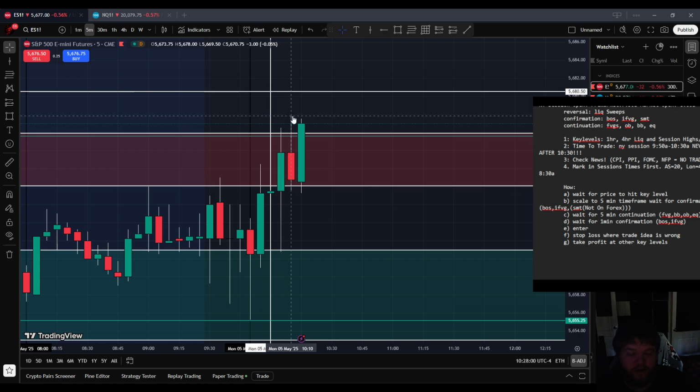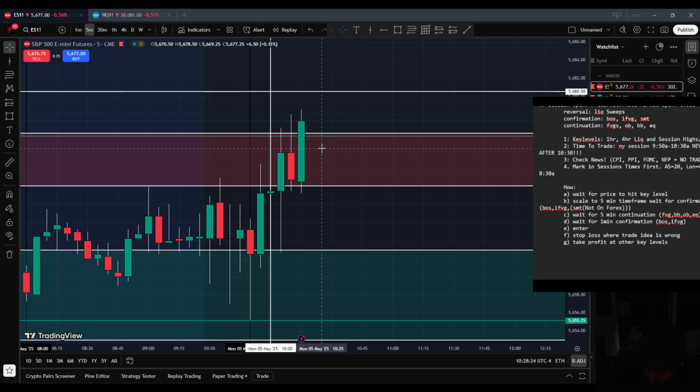Equilibrium is the distance between the most recent high and most recent low, right? We've drawn that and waited for price to come back down. Entered, watch it continue higher. I don't think it's going to come back down. I think it's going to continue higher. From that point, it is currently 10:28,